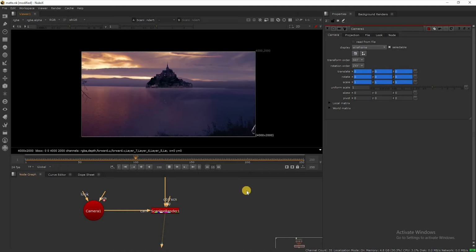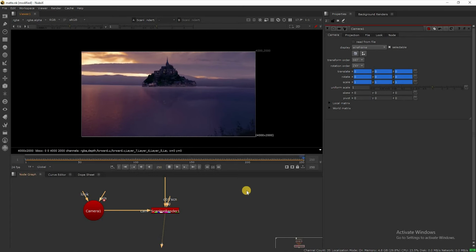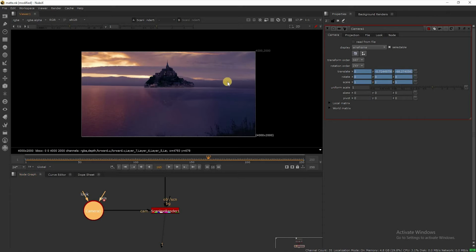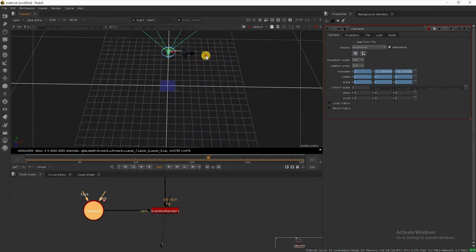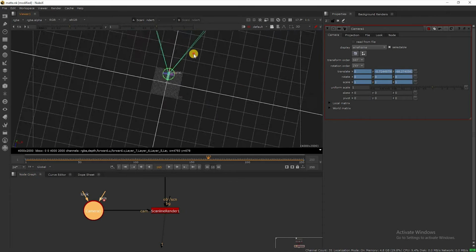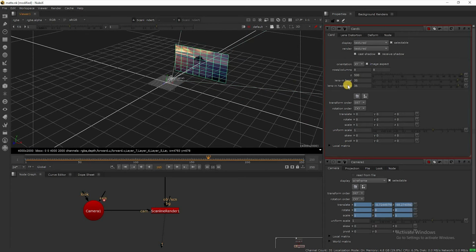Once, play the video. I will go to card 1 and I am changing the Z space value from 500 to 200.